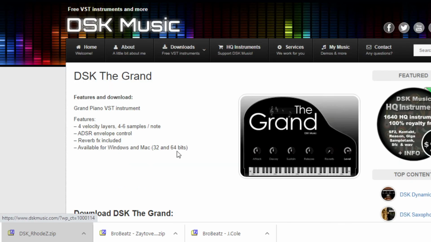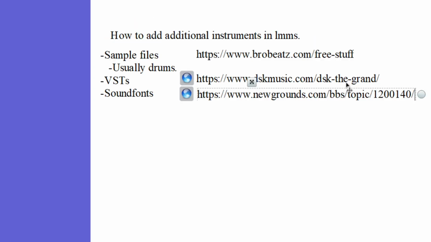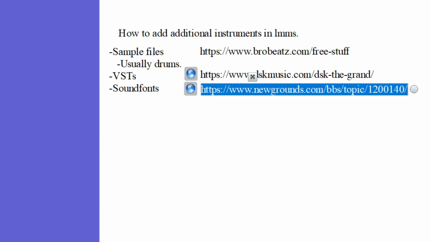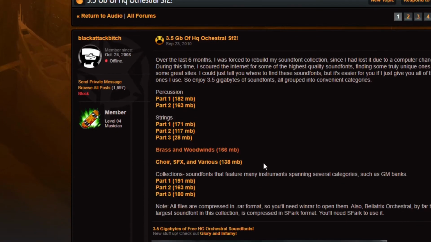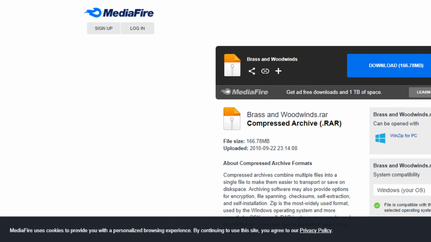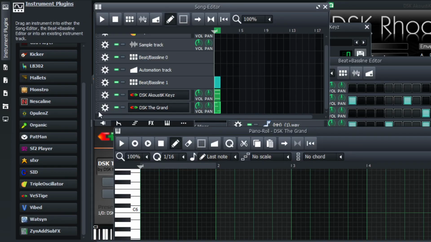Let's get some sound fonts. So remember, these are the ones that come from like a keyboard or something like that. Oh, oops. Apparently, I didn't copy that link over here. All right, so I actually just downloaded the brass winds and woodwinds one. So I click here, and I go to download. And so that's the sample library I'm about to pull up. So if you want to play a sound font,